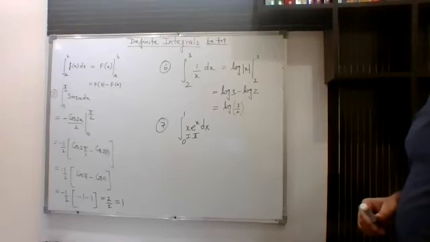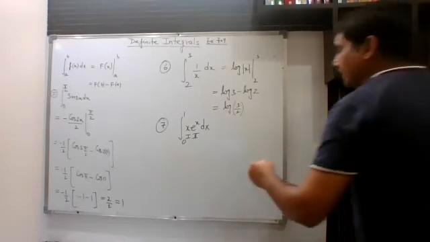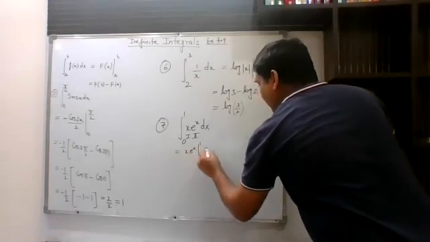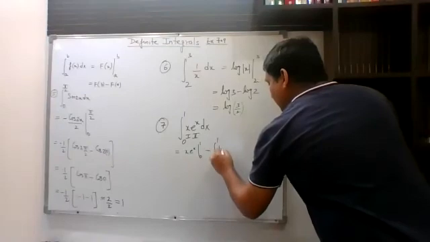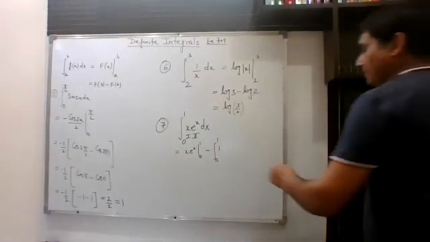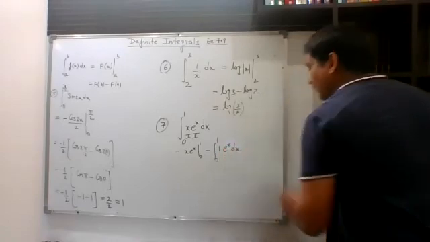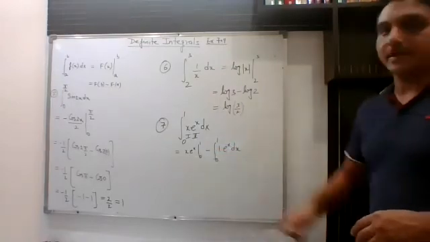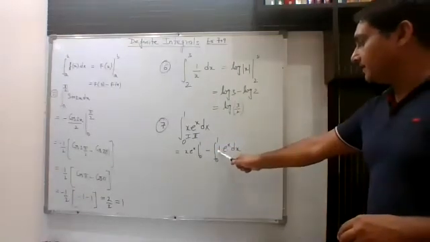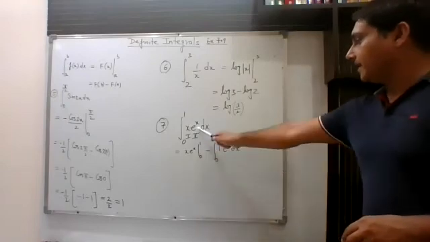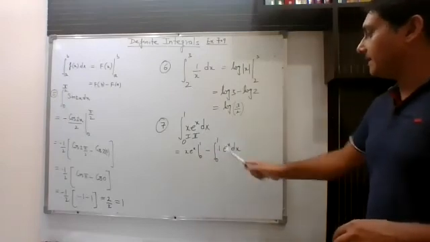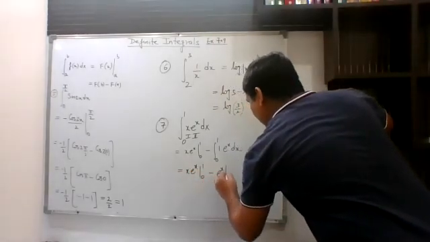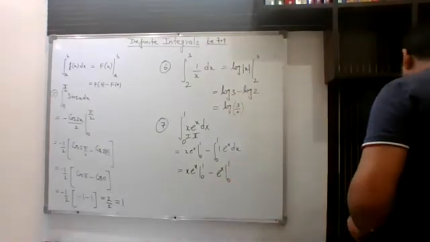So when you apply integration by parts, you can rewrite this as the first function as it is, integration of the second, limits running from 0 to 1, minus the derivative of the first, the derivative of x with respect to x is 1, and this is e^x dx. So this is how you will write the limits. This we had integrated, so you will write 0 to 1 over here. And the derivative of this one is 1. And here we had integrated e^x, but again we have to integrate this e^x. So finally we can write this as x e^x from 0 to 1. And after this we will substitute the limits.